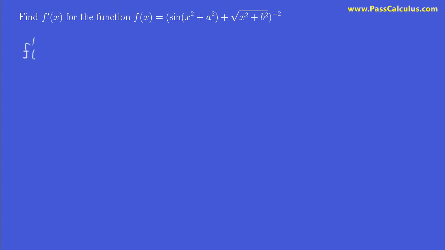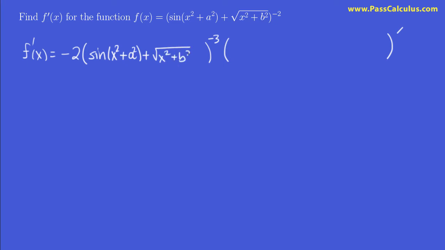So f prime of x. Well, this minus 2 is just going to sail to the front. We have all of this stuff in brackets. The power of minus 2, we're going to subtract 1 from it to get minus 3. And then right afterwards, we're going to multiply by the derivative of the stuff in brackets. Let's fill in what we're ignoring, namely sine x squared plus a squared plus the root of x squared plus